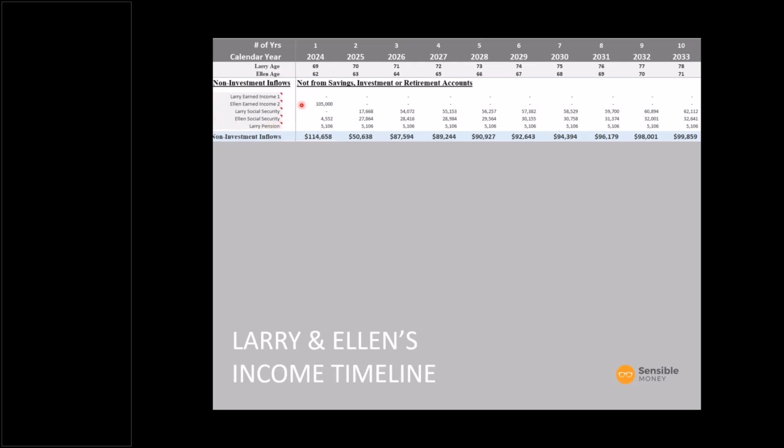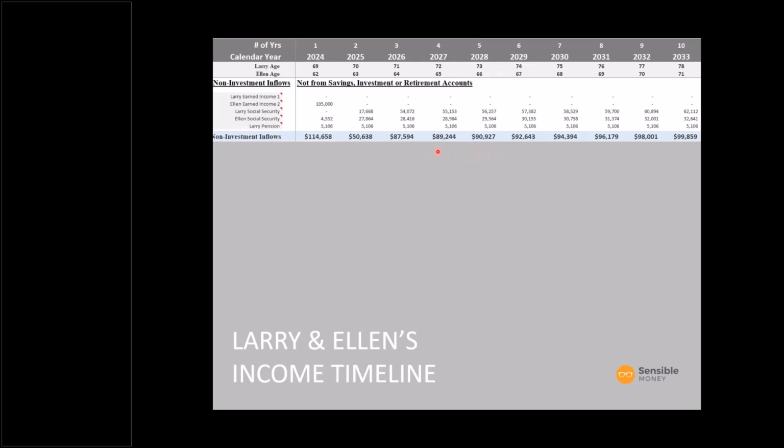And so Ellen will have her last year of earned income, and she is likely to start Social Security this year. Larry has a pension, and then we can see Larry will start Social Security next year. And when we forward out to the year they're both receiving Social Security and pensions, they'll have about $89,000 of fixed income. But Larry and Ellen don't want to live on $89,000 to $90,000, right? Nor should they. They have other resources, so they really want to know, well, what can we do in retirement?